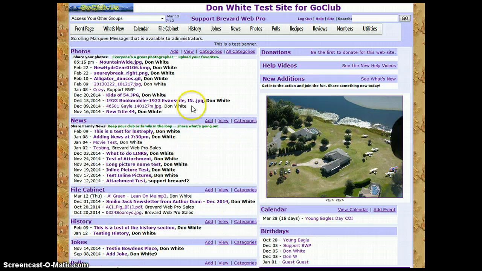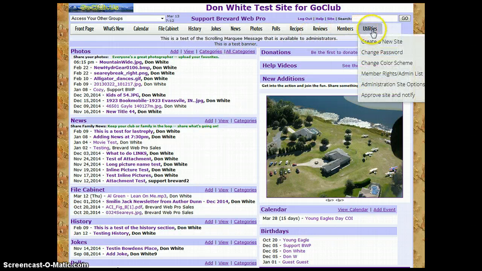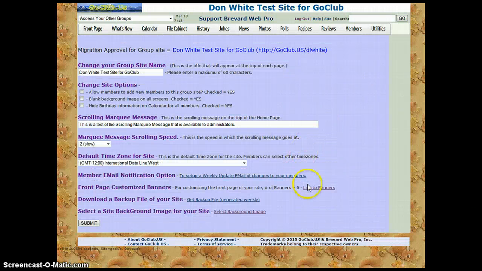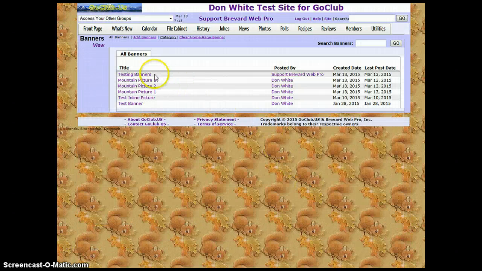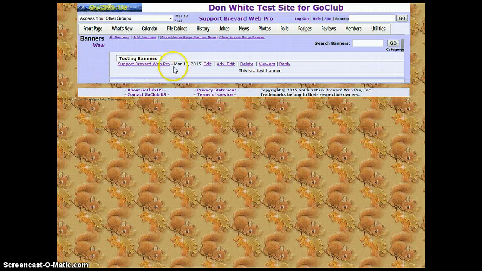As you can see, now this is a test banner. It has been centered in the page. Again, the banner is just a very, very simple banner. So let's go ahead and make this a little bit more highlighted by increasing the size of the font for this particular message. Again, go to Utilities, go to Administration Site Options, click on the Link to Banners, go to the test banner that we've been working with,